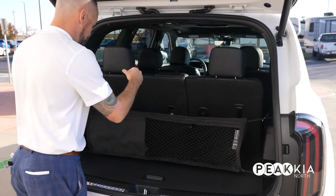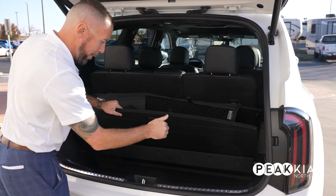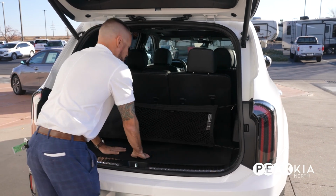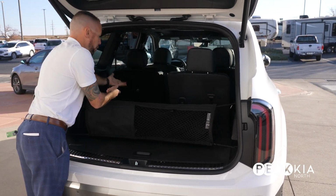Behind the third row, this of course has the cargo net. You have some storage underneath here, and the spare tire is underneath the car. How you're going to get it is over there. All your jacking information, everything is right there. Put that back in. Easy, same thing as the previous year. Pull, fold down,